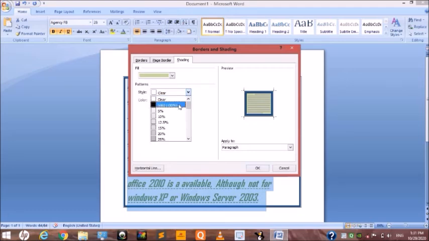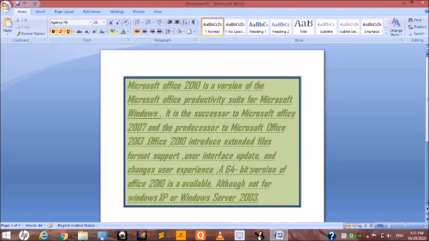Here the patterns also: 5%, 10%, clear. Apply to paragraph or text. I choose paragraph. When we click the OK button, the selected color appears as a background. Look here.